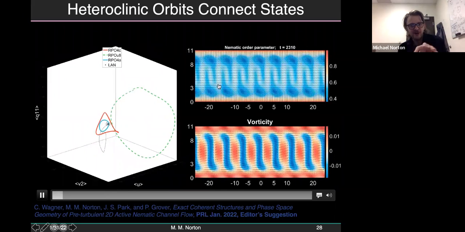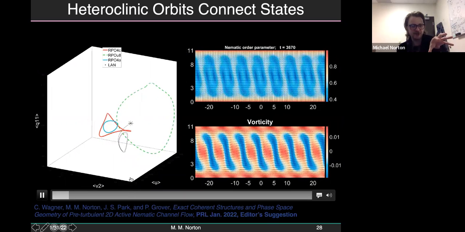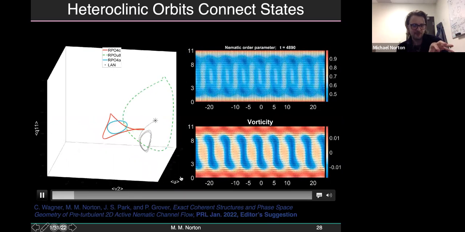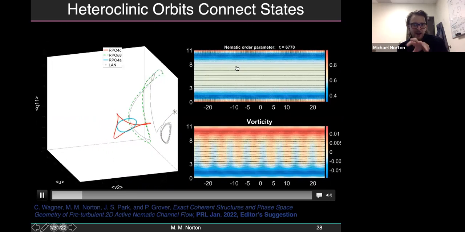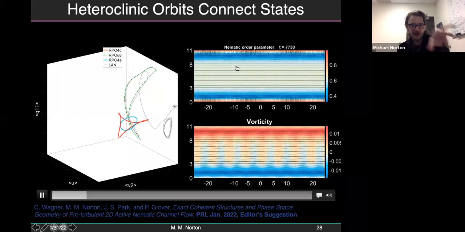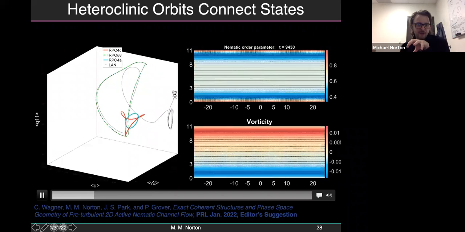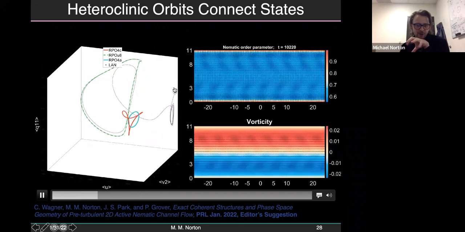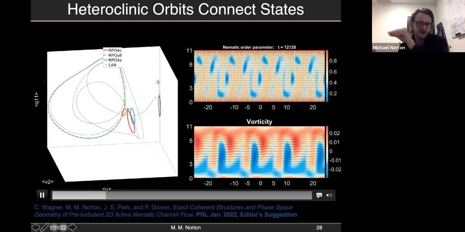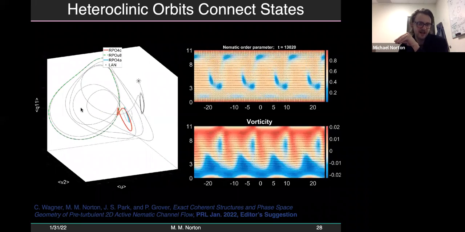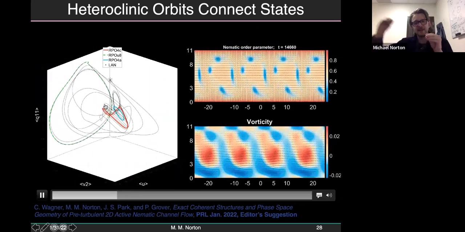So what we're looking at here, on the left, is a reduced phase space for the system with some channel average quantities. On the right are the nematic order fields and the vorticity. And he started off in a uniform laminar state. It's unstable, so he pokes it in some direction. And then it has this very complicated path in phase space that visits these other